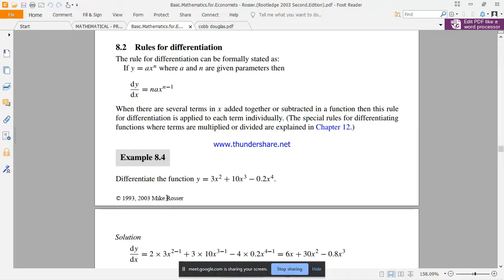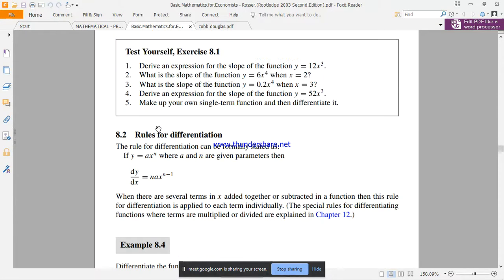the fifth question. The fifth question is just saying make up your own single term function and then differentiate that. So the fourth, I mean. Oh, sorry, the fourth question: derive an expression for the slope of this particular function. So this function is equal to that function. No difference at all. All they are saying is we should come up with an expression for the slope of